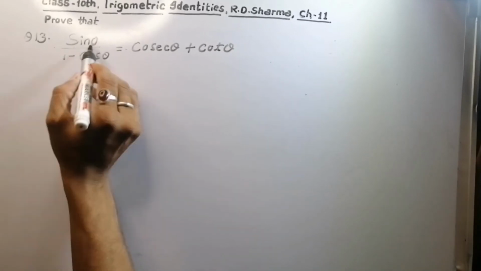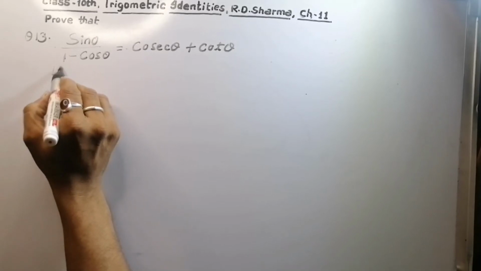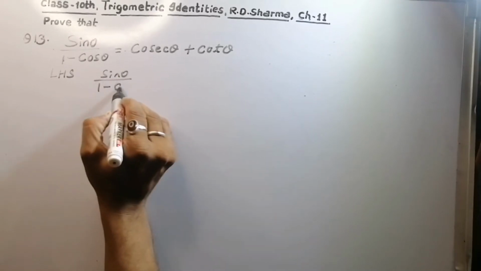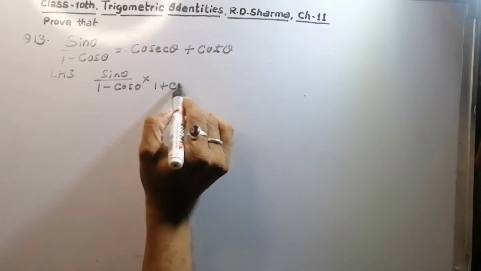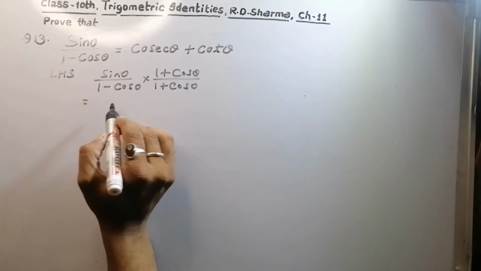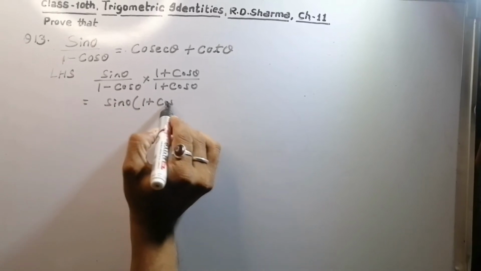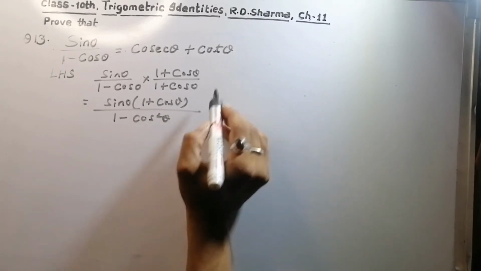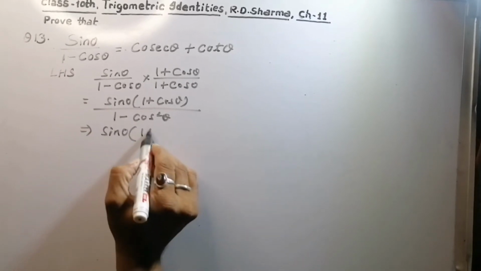Question number 13. Sin theta upon 1 minus cos theta is equal to cosec theta plus cot theta. So we can write left hand side, sin theta upon 1 minus cos theta. We can rationalize it by multiplying by the opposite of the denominator, 1 plus cos theta. We get here sin theta into (1 plus cos theta) upon (1 minus cos theta)(1 plus cos theta), which is 1 minus cos square theta. We get here sin theta (1 plus cos theta)